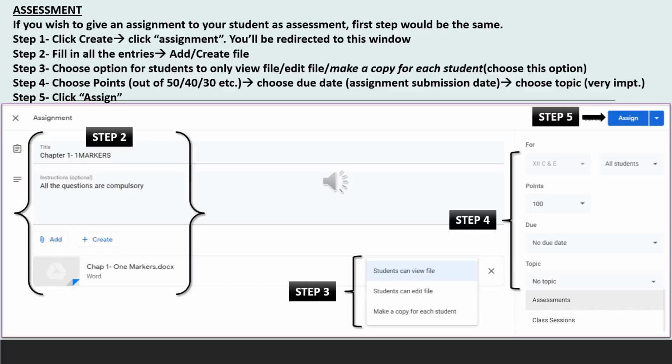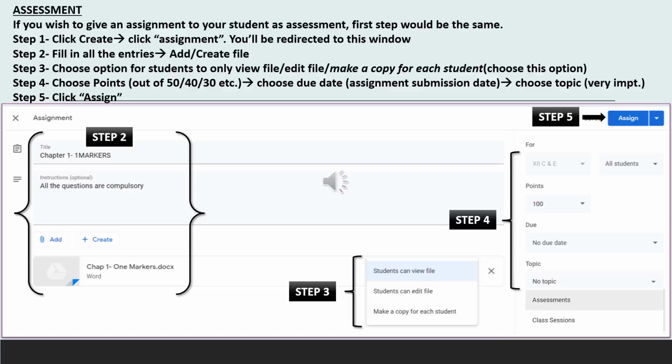Suppose you mention 2nd May 6 p.m. The students should submit that document to you by 2nd May 6 p.m. For students submitting after 6 p.m., your mark screen would show that this student has submitted it late. So you have this option of knowing who has submitted on time and who has submitted the assignment after the prescribed time.